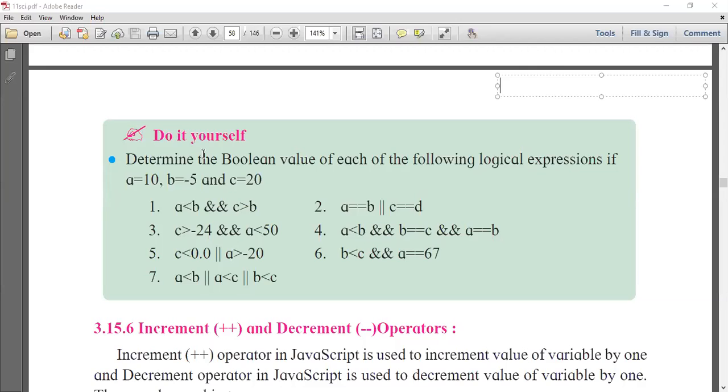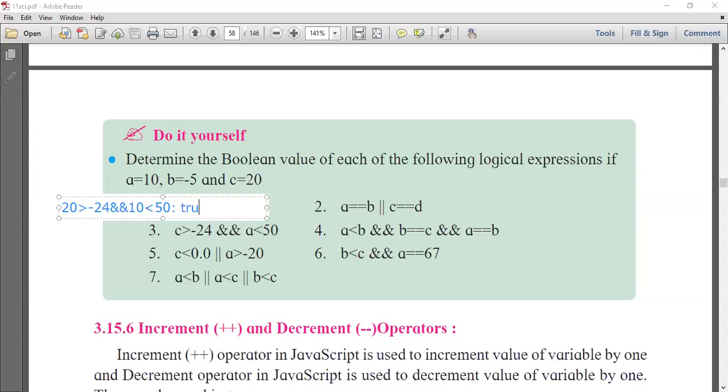We'll check now. Okay, see, C means 20 greater than minus 24 and A means 10 less than 50. So what will be the answer? 20 is greater than minus 24.